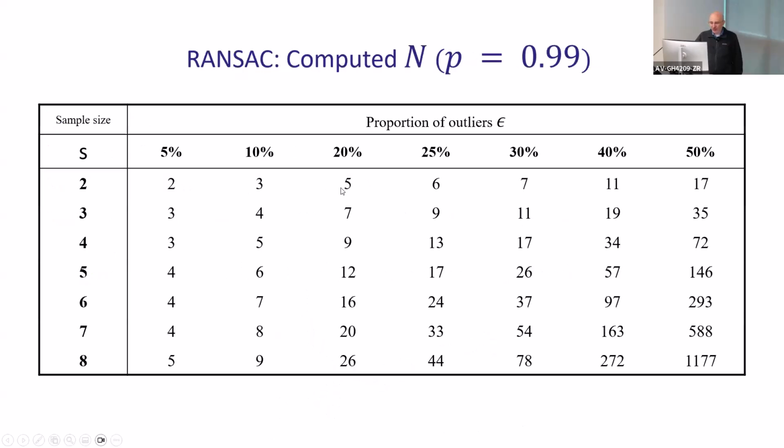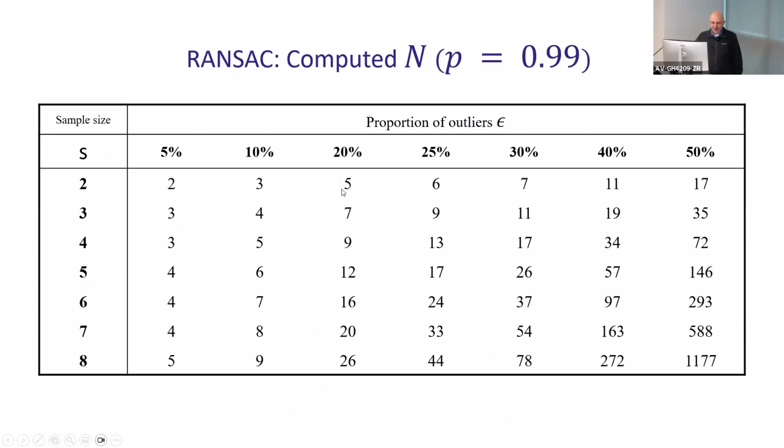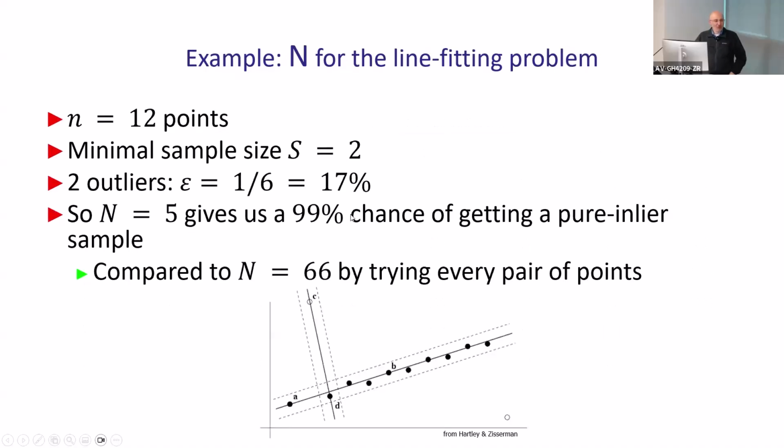If you go to the table, it will be close to 20%, so n will be 5. You approximate it with that number. And this will give you a 99% chance that you're getting your inlier pair, a pair of points inside. And this is compared to the overall number of possible pairs that you actually need to check,